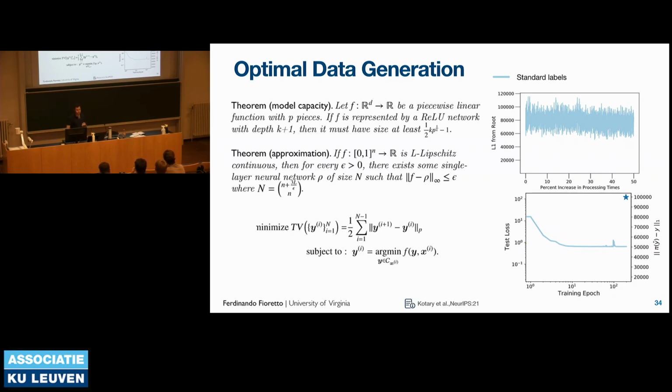But given the theoretical results that I was mentioning earlier, and given that we had some additional results relating the difficulty of learning such type of problem with also a measure of their approximation. So we measure this difficulty of the piecewise linear functions through a Lipschitz component. The larger the jumps in this piecewise linear function, the harder it is to approximate them. So given this intuition, we can transform the previous problem into the following problem.